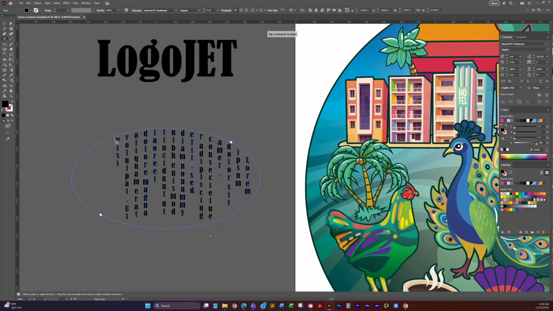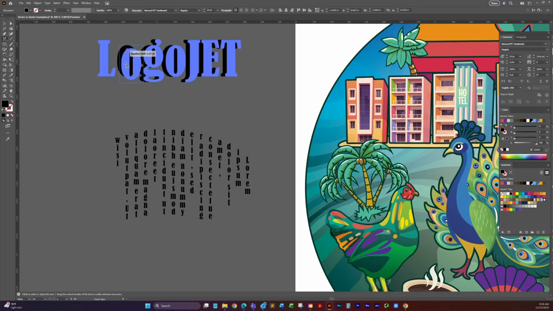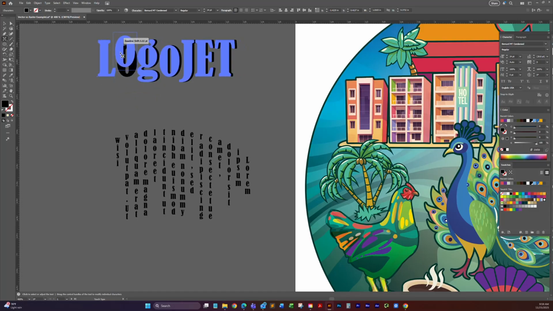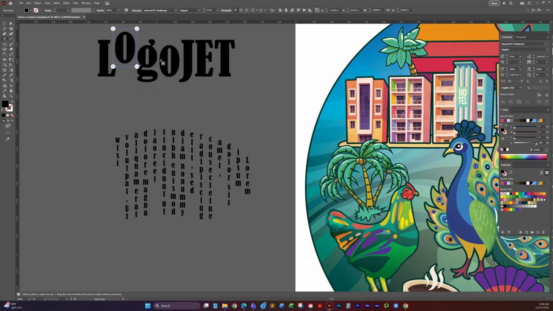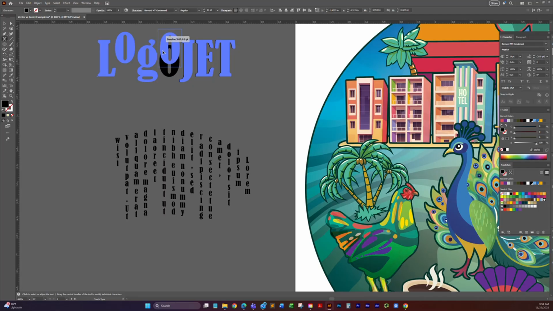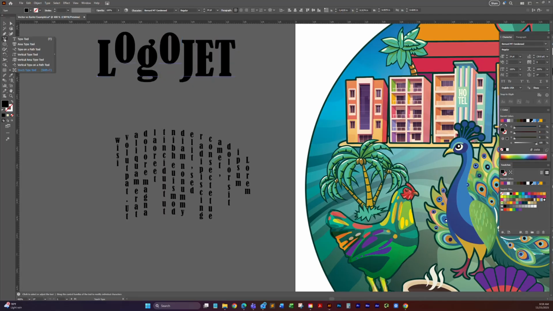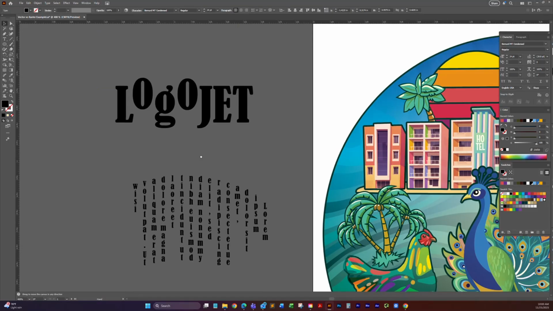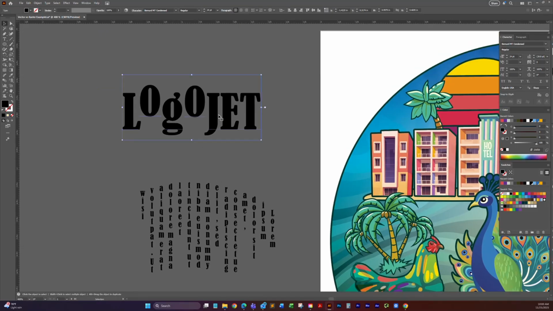And touch type tool. The touch type tool is pretty neat. You can select things, and I haven't really had a whole lot of use for this, but I can see sometimes you would. Now, the neat thing about the touch type tool is it's non-destructive. It still keeps it editable. So if I wanted to change something in there, I could still do it, and it maintains its editability. A lot of people would have just created art out of this. Right now, it is an editable font,